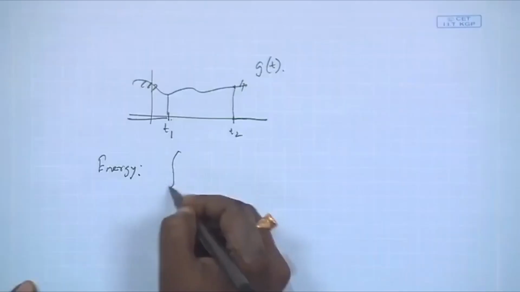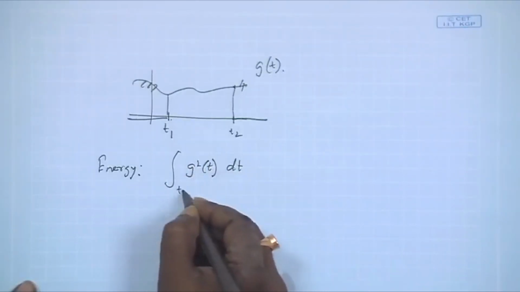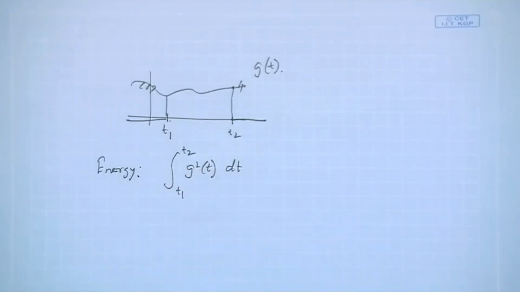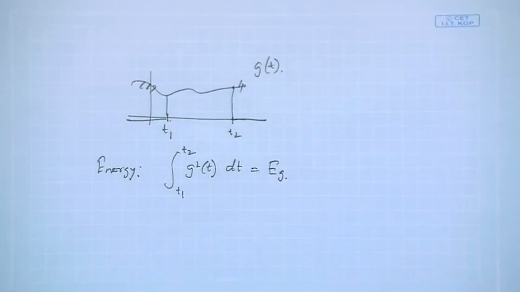It should be just g square t and you integrate it from t1 to t2. So that is actually the energy of this signal g. As long as it is time bounded, we can integrate it from T1 to T2. That's fine. We'll get some value, and that's actually characterizing